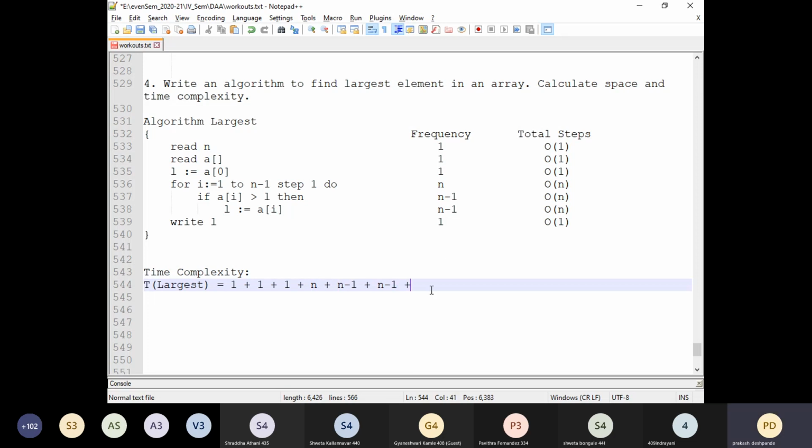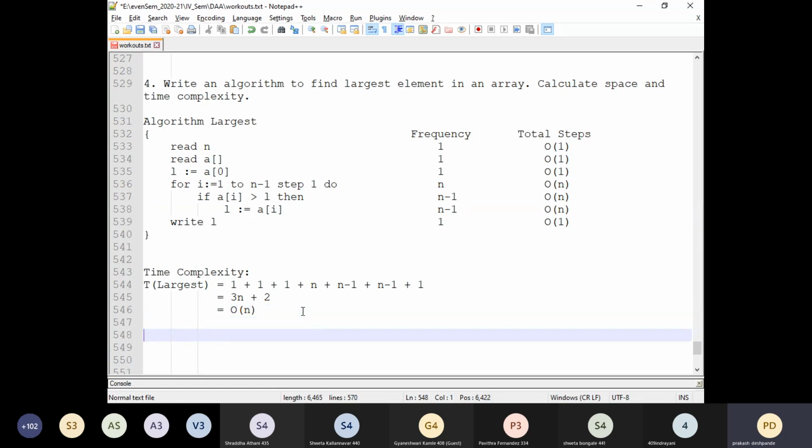And at the end plus 1. Did I cover all the numbers here? 3 ones, then n minus 1, n minus 1, and then 1. So if you sum it together, what is the final value? Can someone quickly calculate? 3n plus 2. 3n plus 2 is the time complexity. And in terms of the big O notation, it is going to be again big O of n, a linear function.